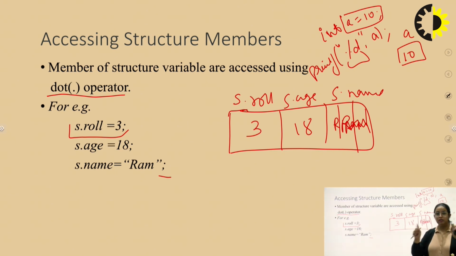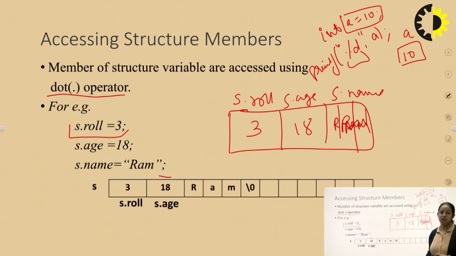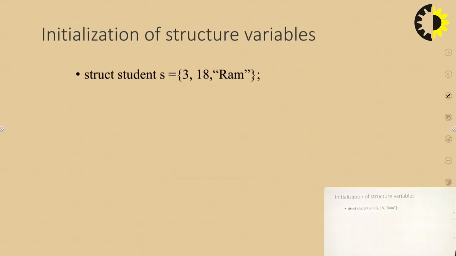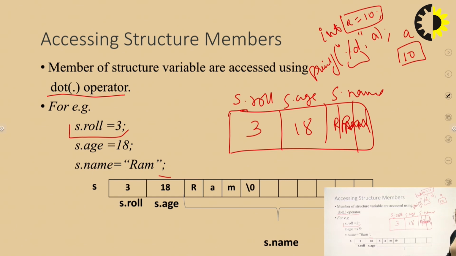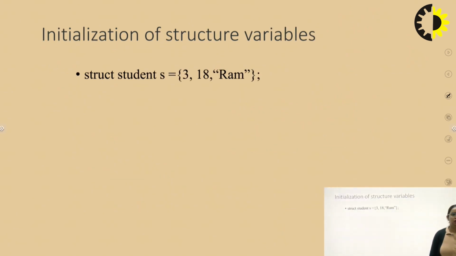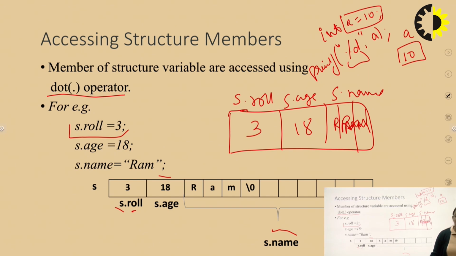And because with a single name you are storing different types of data, for that we have to access the element with the help of a new operator, that is your dot operator. I'm showing you the example, you can just see how the data is accessed. I have already discussed how we can access the element with the help of this dot operator. Here, what is S? S is a structure variable, and these are the members of the structure. This is how we access the elements of the structure.